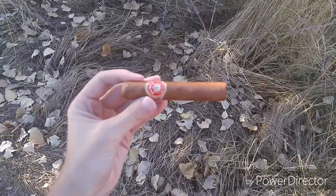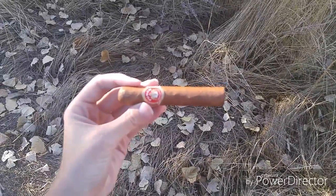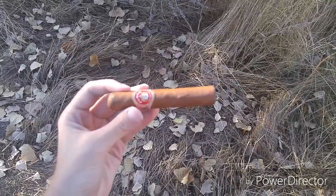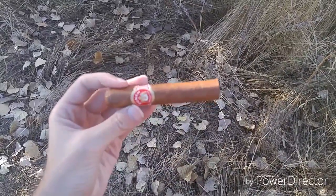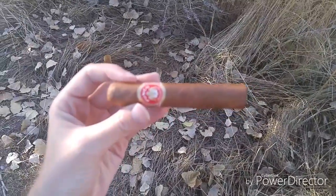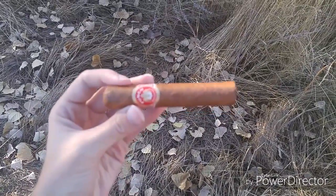I've already got a preconceived idea about what this is going to be like, so hopefully this lives up to expectations. This is about a 4.5 by 50. Rothschild is a little bit of an odd size. It's not quite a full Robusto. That said, these are always a classic, with the ubiquitous cigar flavor,